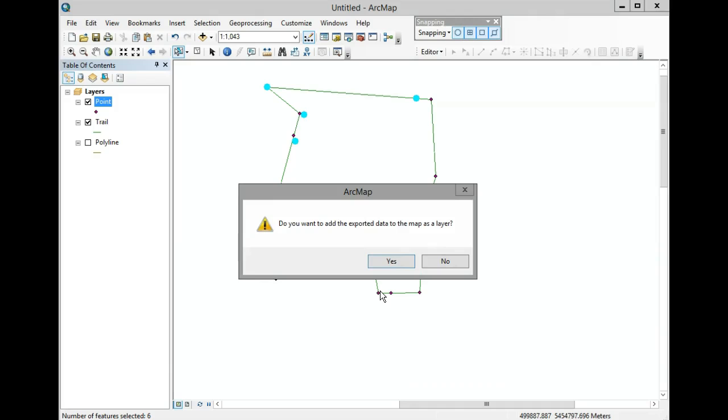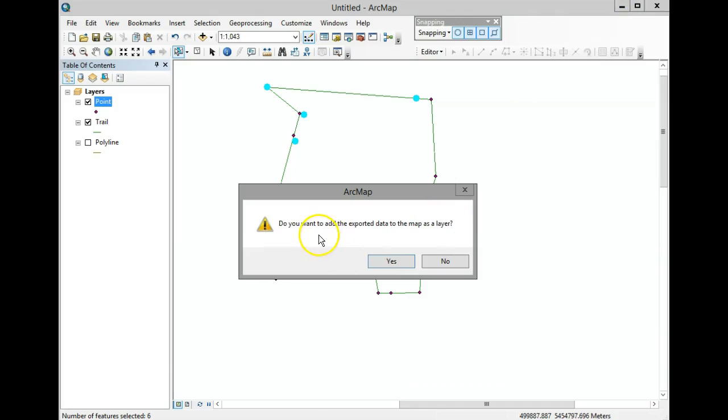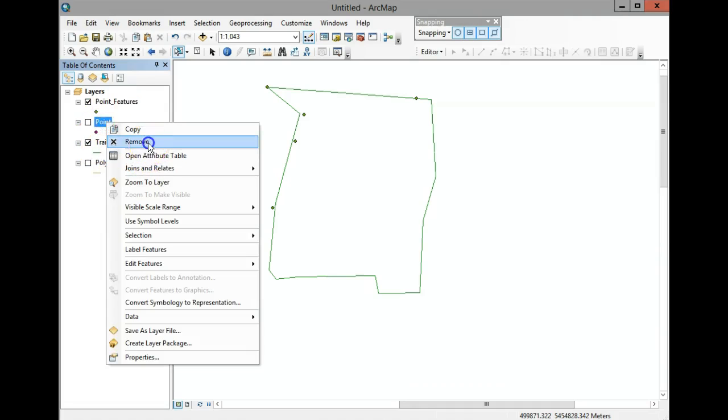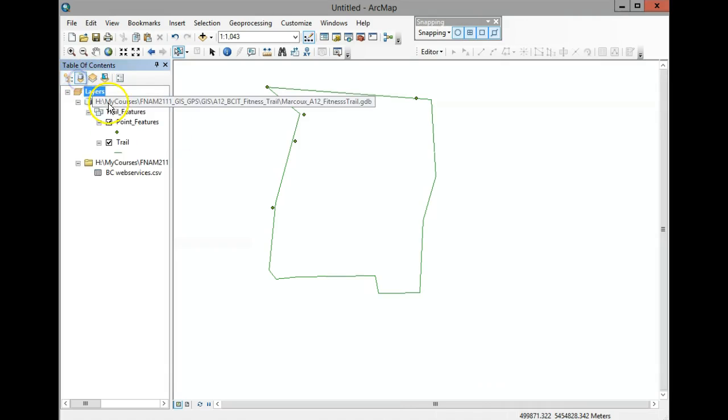Please note that if you have your catalog open as a separate module, you're going to have issues doing this. So make sure that catalog is closed. Do you want to add it to your map? Yes, you do. Great. So now you're going to turn this one off. And now all you've got is point data and trail data. In fact, we could remove this at this point. Remove, remove. And if you look here, list by source, these are all just data that are contained within your